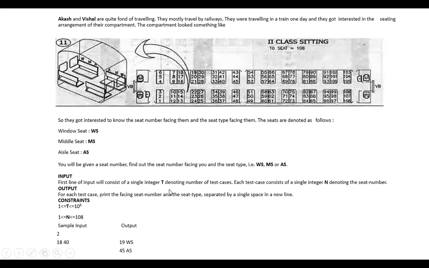Okay, so these are the certain constraints that are given, that it should be separated by a single space and it should be in a new line. So we have to follow these constraints. Although our logic is correct, although our program is correct and it is giving the correct output, still we have to follow these constraints, as it has to go through various test cases, and at the end the result should match exactly. There should be an exact match of the results, because the programming is like that. So the computer is not as intelligent as we are, so the exact match should be there.